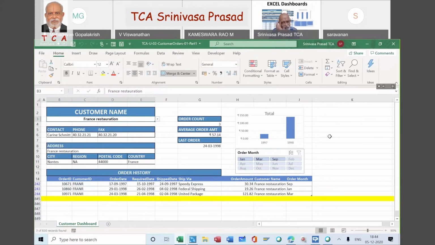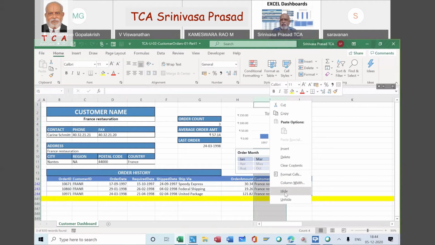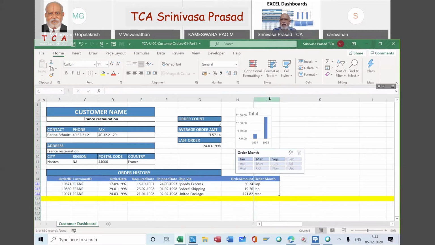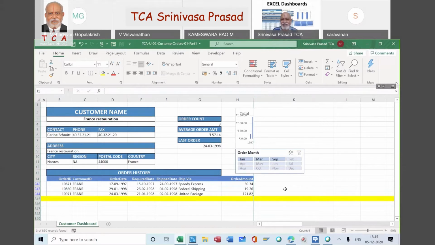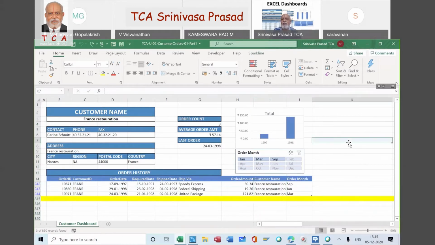Have you seen the graphs have got hidden? Yes, I have seen the graphs, that's what I told. Unfortunately, this is what we wanted. No, we wanted the graph to be available. These two things need to be present. So what do we do now? What is the option now?